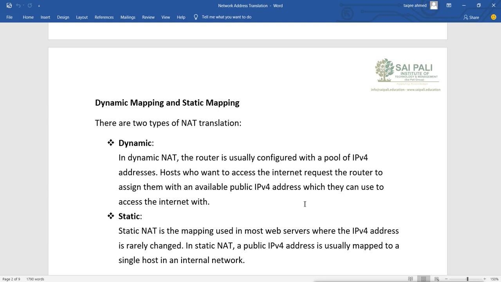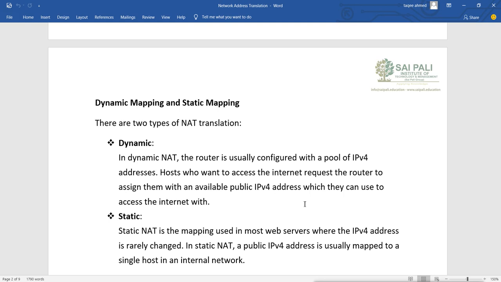And then with the pool, we will configure only the pool. We will mention this is the start IP address, this is the end IP address, and these are all the IP addresses we have. Now what happens? Whenever any client machine's data comes, it will be automatically translated with a free IP. So the router will translate it into an automatically available public IP from the pool. Whatever public IP is available in the pool, it will use that IP and go to the WAN network. So this is dynamic.